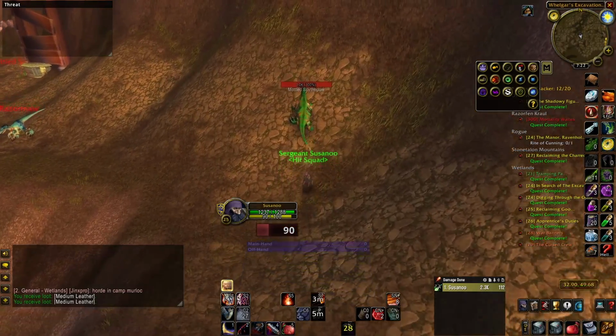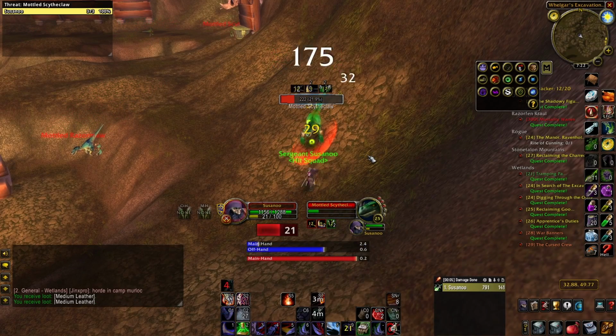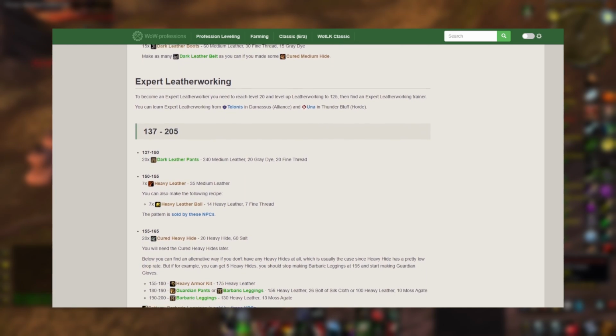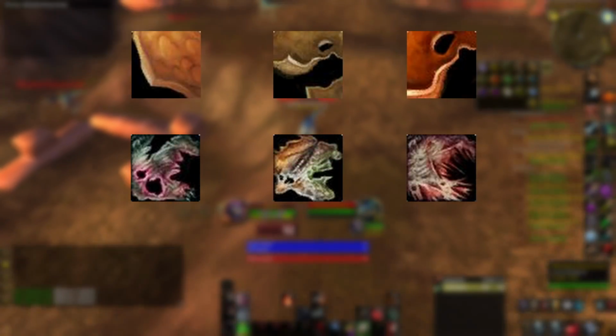For the sake of time and not being repetitive, I'm going to go over what I'm doing with my rogue with leatherworking and skinning. However, this is a process I'll repeat across all my alts. What I'm doing is using WoW Profession to see what materials I need in order to get as high as possible day 1. Now the highest you can get with the current available mats, light, medium, and heavy leather/hides is